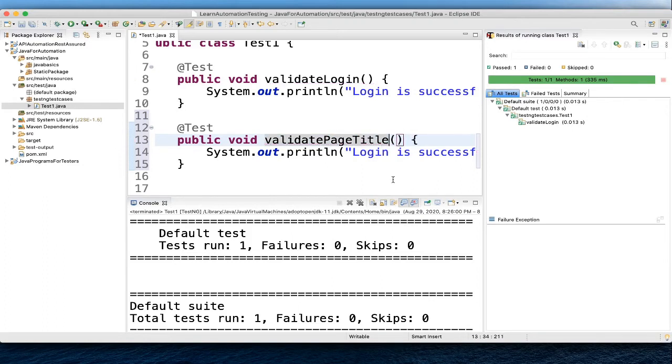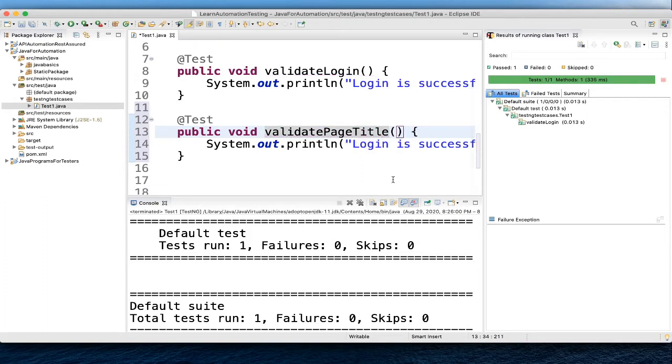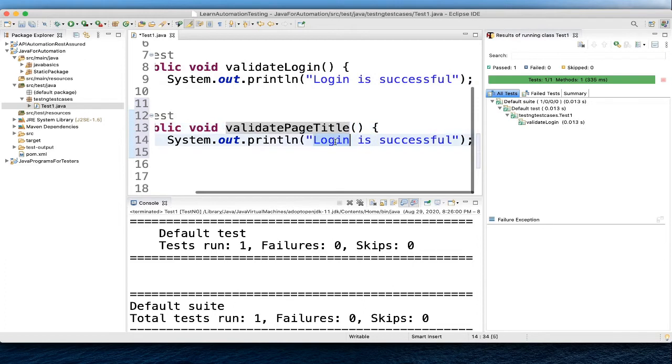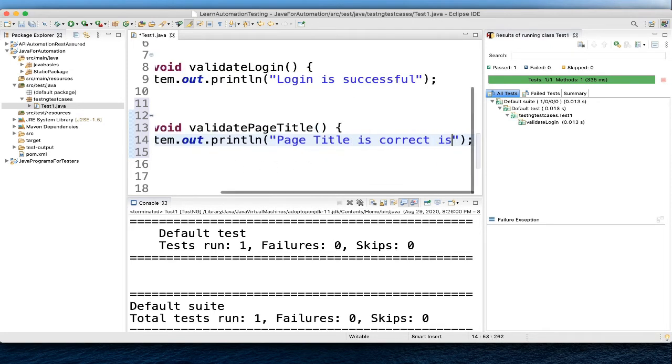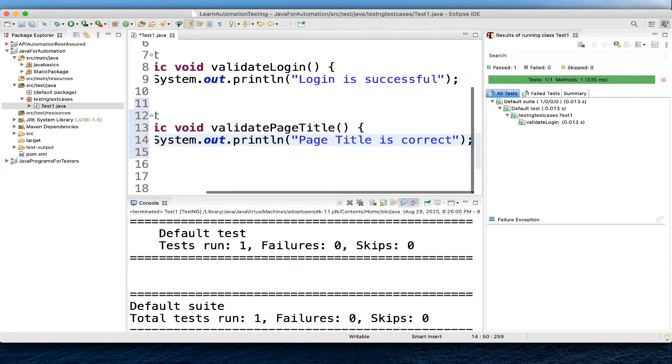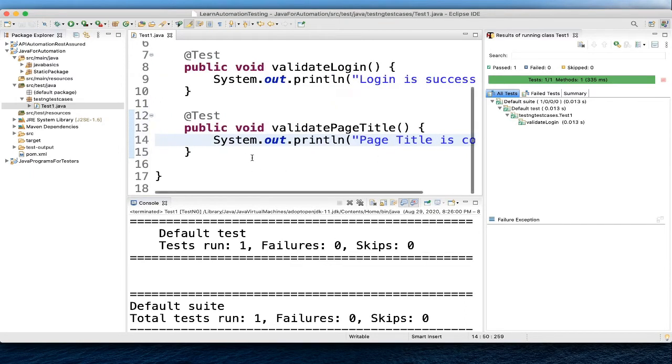Here I can say page title is correct. We are just printing some message, we are not writing the actual Selenium code.